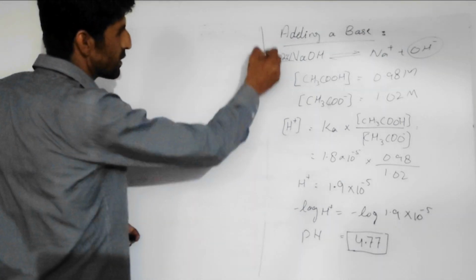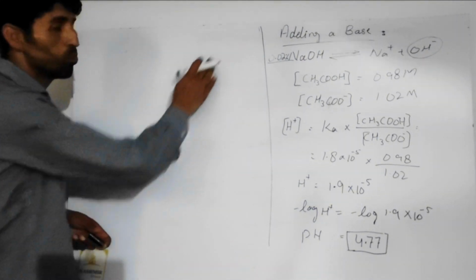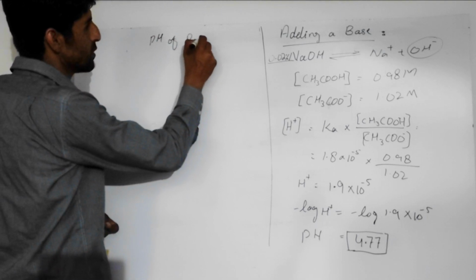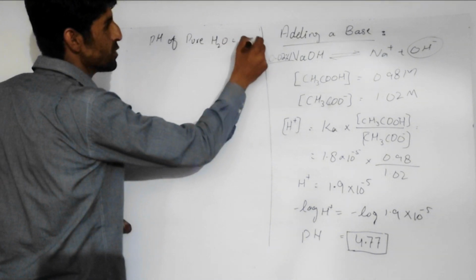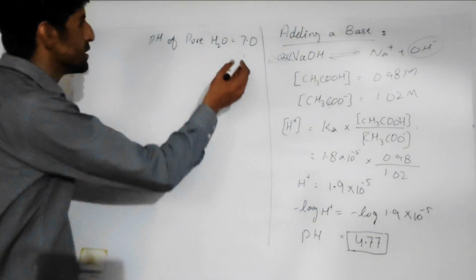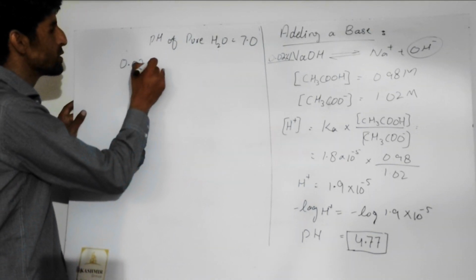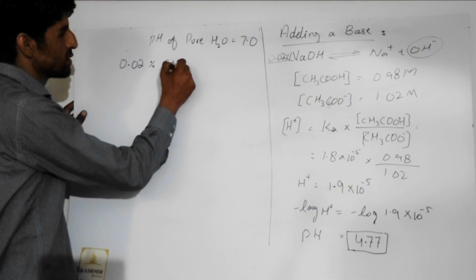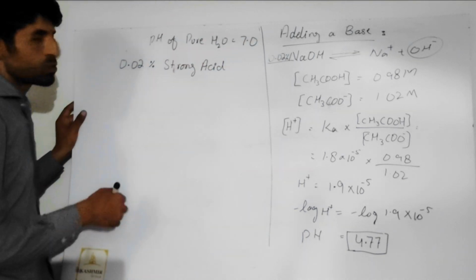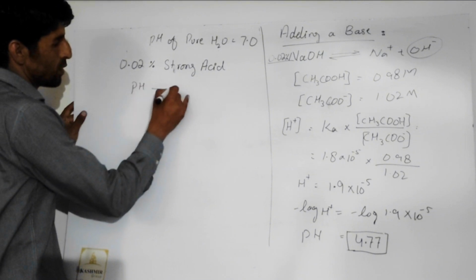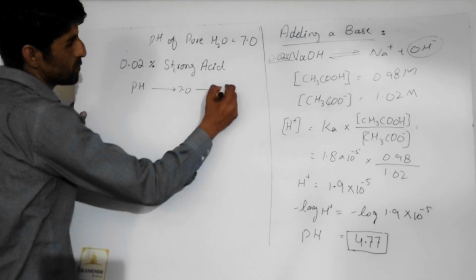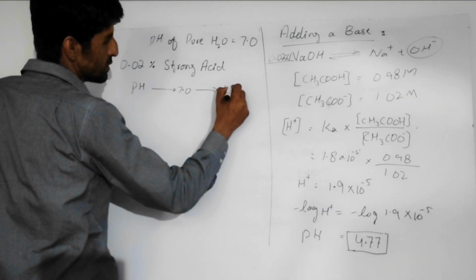If we have a look at pure water, as we know the pH of pure water is 7.0, and experiments confirm that when we add only 0.02 mole of a strong acid into the water, the pH will change from 7.0 to 1.7,